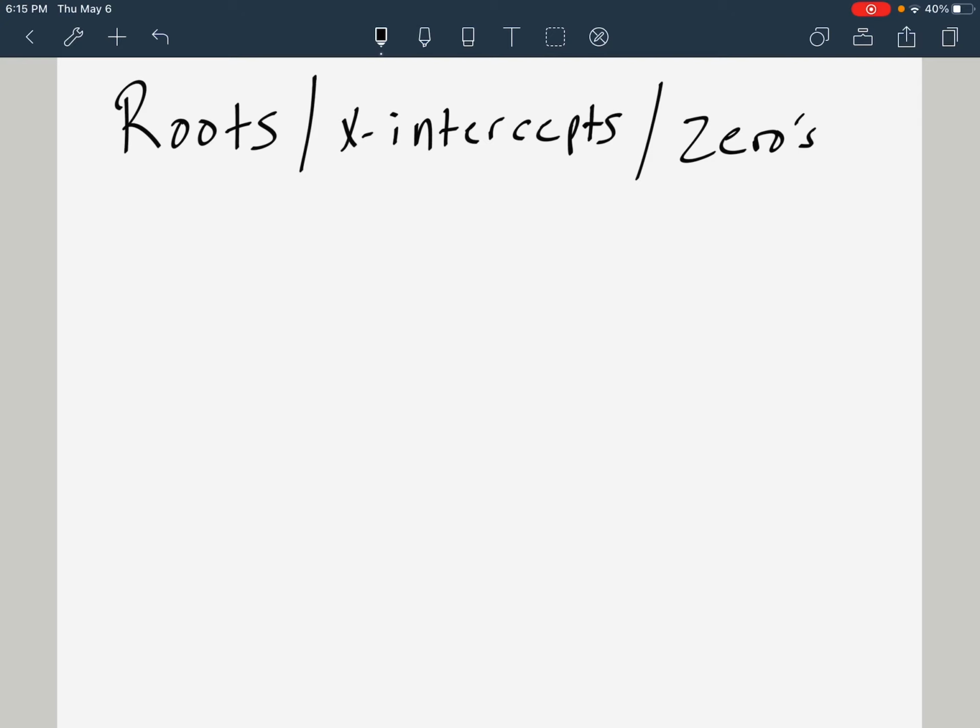All right, and let me show you what they are, though. And they're really easy to find on the graph, especially if you have the graph. And we'll be using Desmos, so it's not going to be that hard, right? All right, so the roots, x-intercepts, and zeros. So when we have a graph,